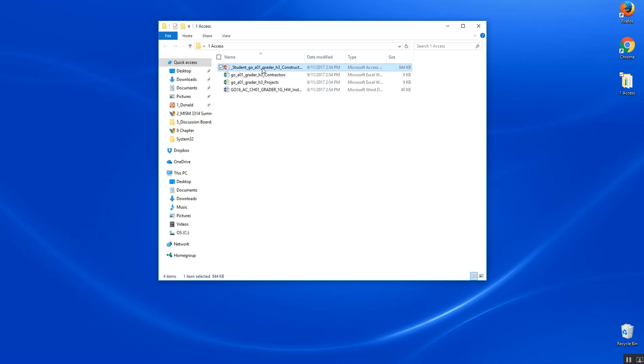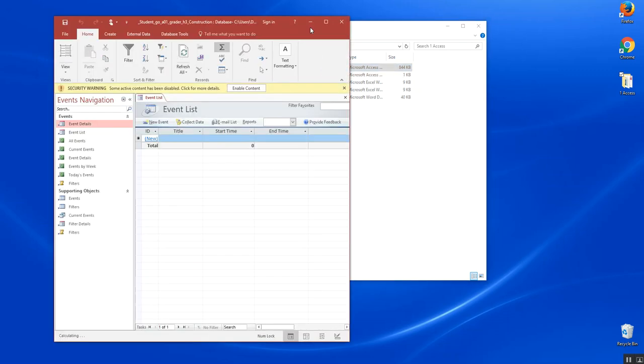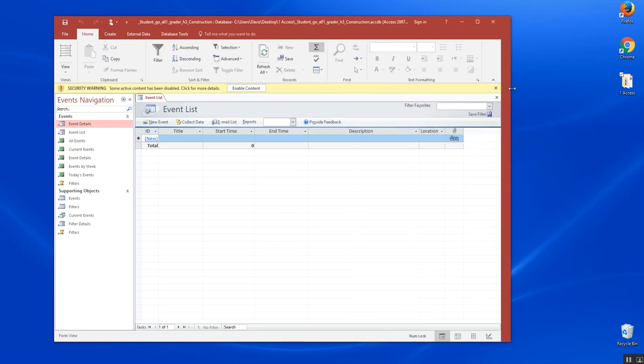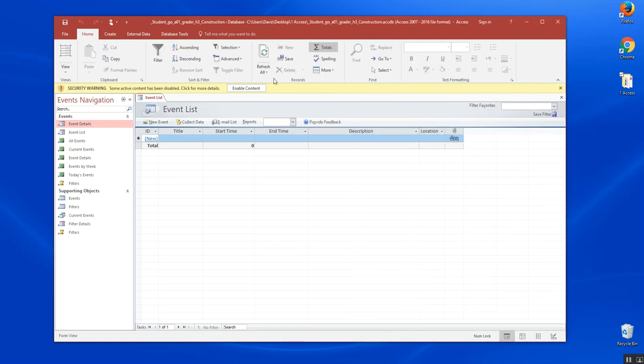So I'm going to go ahead and open Access by double-clicking it, and you can see that Access already starts with Enable Content. This is a safeguard. Access is a database. It's a running program. Whatever antivirus software you're running, it is going to want to block it. So we need to tell our computer and our antivirus that, hey, this Access file is okay